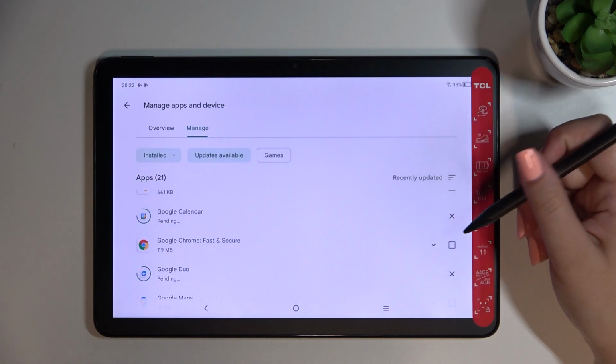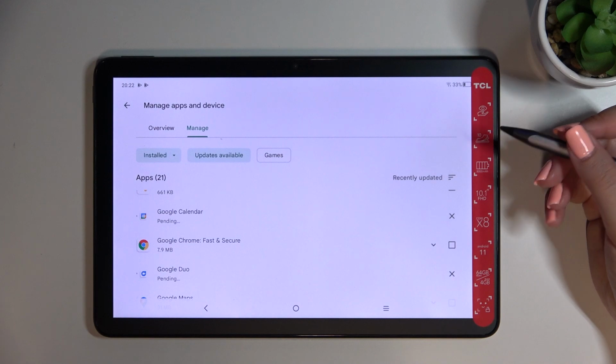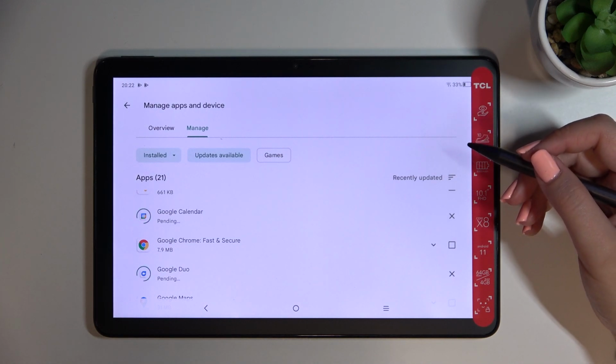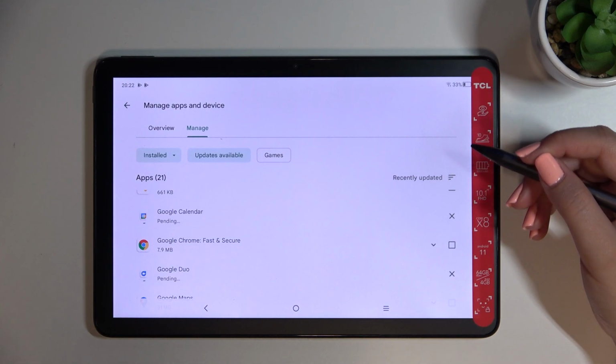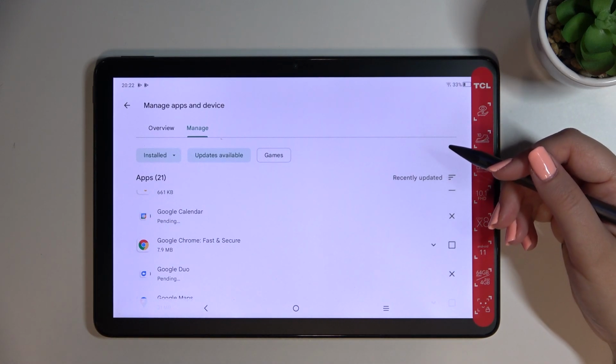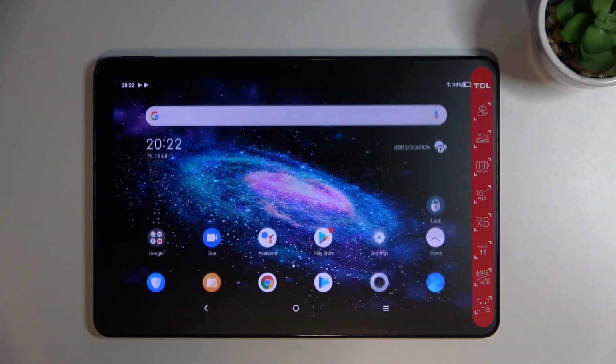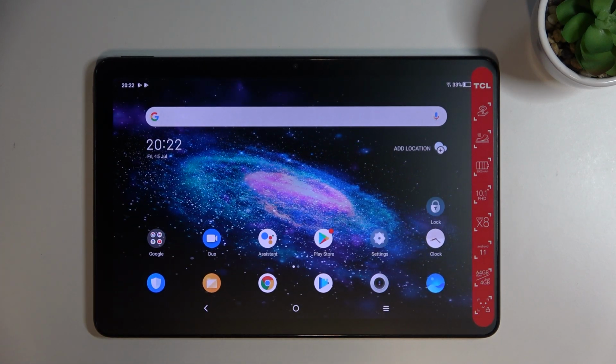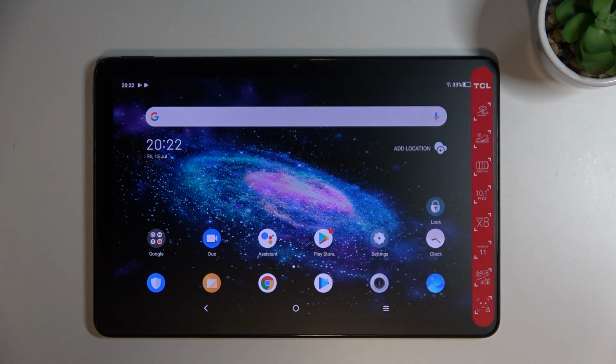And as you can see, those updates will now be downloaded, and after that they will be automatically applied and the apps will be updated. So basically you do not really need to do anything more. So actually that's all. This is how to update the apps in your TCL